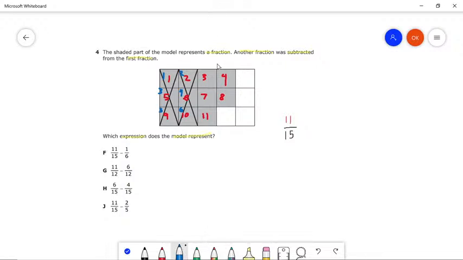Because of that, we can say that these 6 squares, 6 out of 15, was the second fraction that was subtracted from the first fraction. So, minus 6. So we already got our fraction right over here. If we look at the answer choices, we don't see any answers that fit this, but that's because we